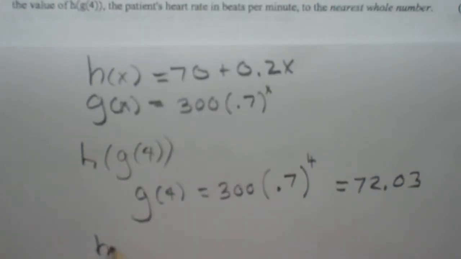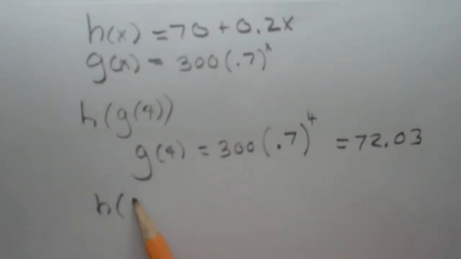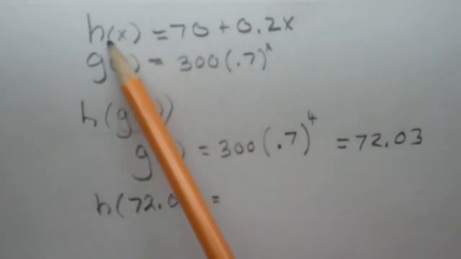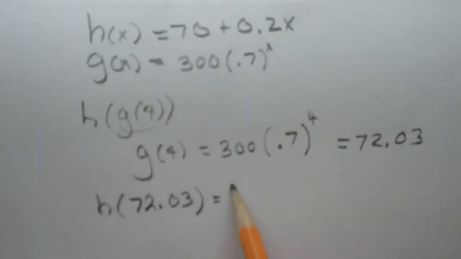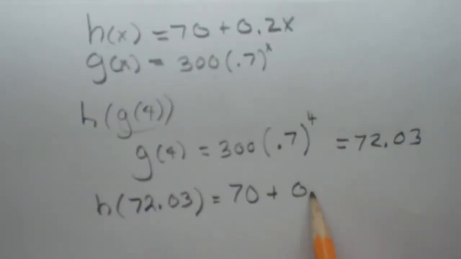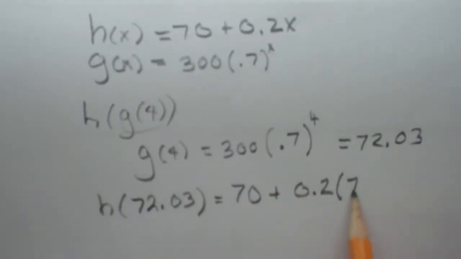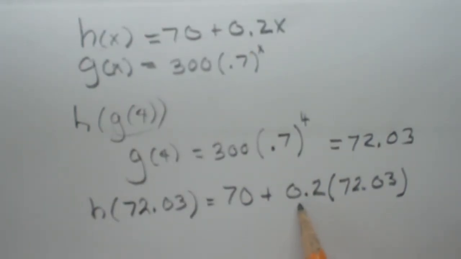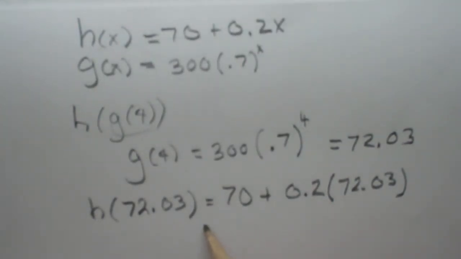So h of g of 4 is the same thing as h of 72.03, because g of 4 is the same as 72.03. And for this, we use the function we have up here. So that's 70 plus 0.2 times 72.03. I'm going to type this into the calculator now, so I get 70 plus 0.2 times 72.03. On the calculator, this ends up giving us